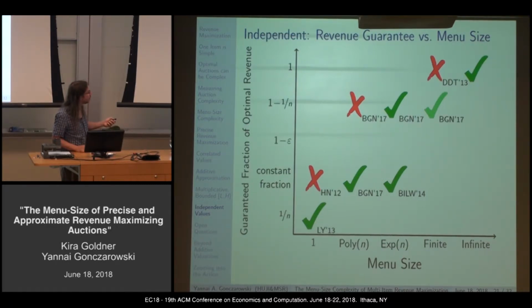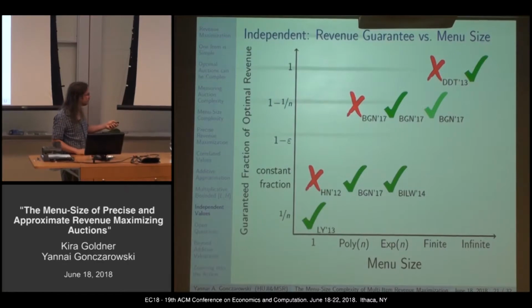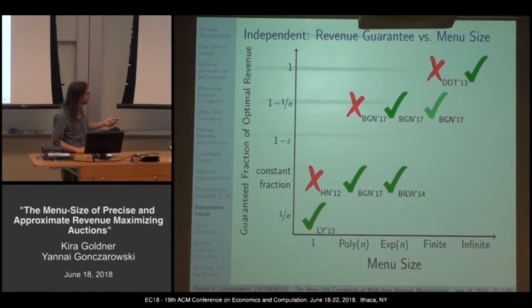The Babayev et al. result that we talked about shows that exponential in n is enough to give even 1 minus 1 over n. The lower bound that we just saw shows that polynomial n is not enough to get 1 minus 1 over n, but the approximation via separate small menu that approximates the revenue of separate selling shows that poly n gets